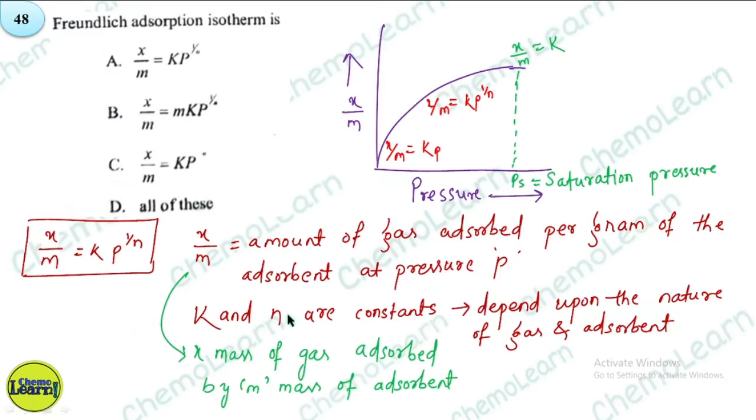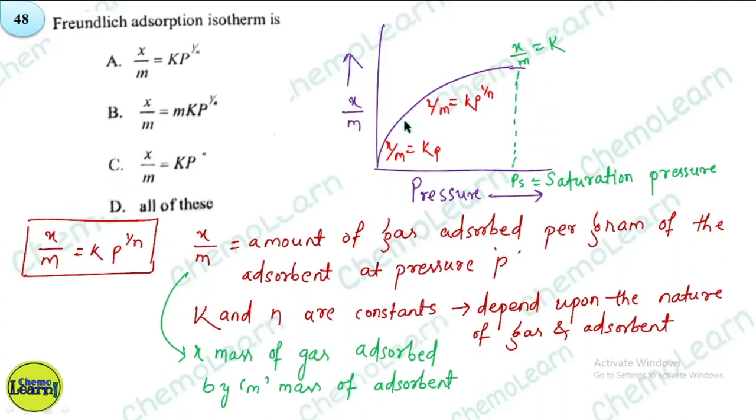K and n are constants, depending upon the nature of gas and adsorbent. So this is the graphical representation of the Freundlich adsorption isotherm. Here on the x axis we have taken pressure, and on the y axis x by m. This is the saturation pressure,